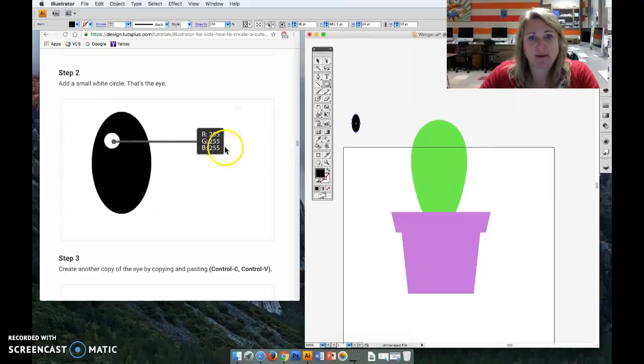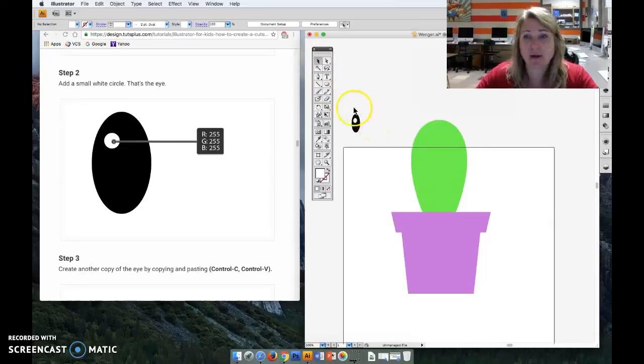That's the eye. So then I'm going to make another, I'm on my ellipse tool, I'm going to make another little circle, and then I'm going to select it to be white. I use my selection tool, I can then move it to where I want it to look. If you need to make it smaller, remember, use that selection tool, the black arrow, and you can move things and you can resize things. If you click and drag over the entire eye, make that box around it, it will select both